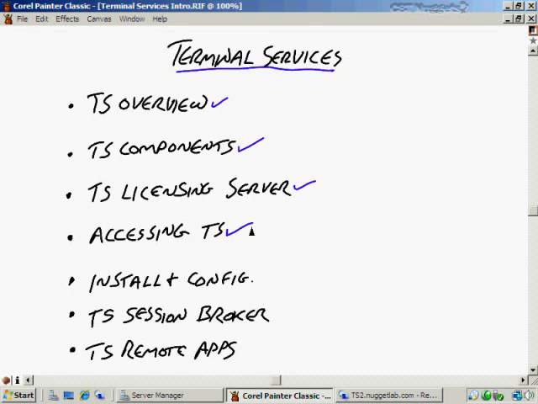We also took a look at accessing your terminal services and the kind of different pathways that takes in order to get from your desktop to a remote desktop connection. And then we took a look at installing and configuring terminal services, at least in a basic sense. And then we configured some of those things that are more relative to the Windows Server 2008 exam purposes. We took a look also at the Terminal Services Session Broker, which is a great way to equitably distribute the load among your terminal services. And finally, we took a look at a really cool feature of terminal services called Terminal Services Remote Applications. And this, of course, is where we can access an application over RDP, and it looks like it's been launched from our